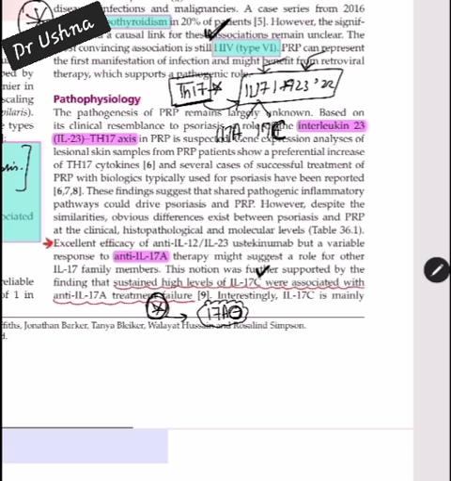So when they ask priority wise, when the MCQ is second line treatment or third line treatment, you have to choose the answer priority wise. So ustekinumab is superior in PRP as compared to secukinumab, which is an interleukin 17 inhibitor. This is a very important concept. Ustekinumab is the right answer in the treatment ladder of PRP.